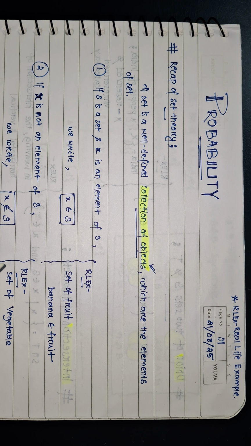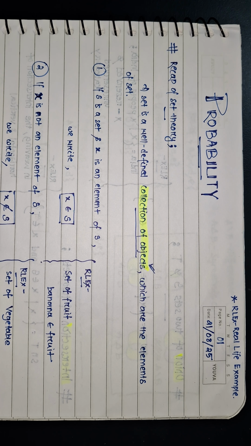If we think of the fruits, banana is an element of the set of fruits. You can think of more examples like this. You can pause the video, think about some more examples, and write them down in the comment section by mentioning the timestamp. And the next one is, if X is not an element of S, then we can write simply